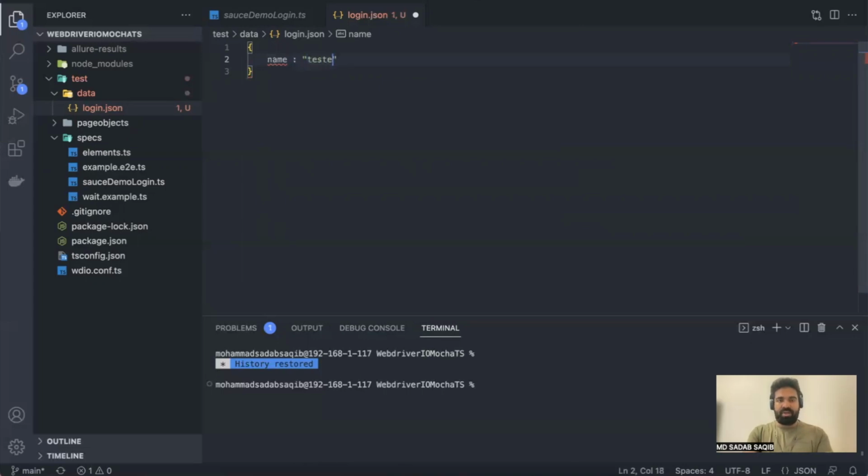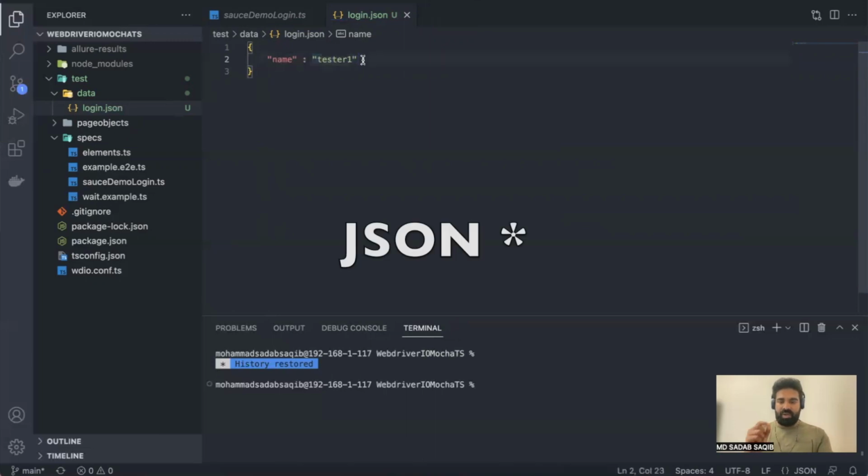For example, I'll say tester1. This key must be double quoted. Even a single quote will not be accepted. So always write the key in double quotes, then a colon, and then the value. The value can be different. For example, the value can be a string in double quotes,